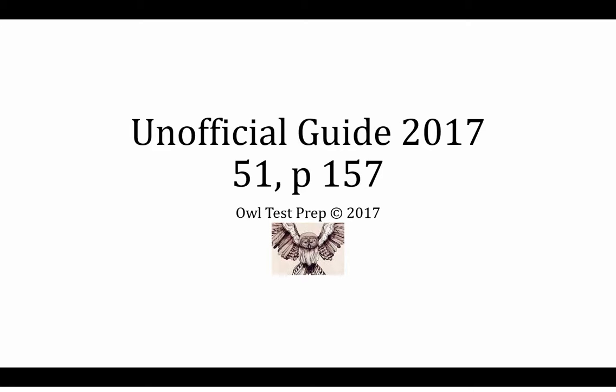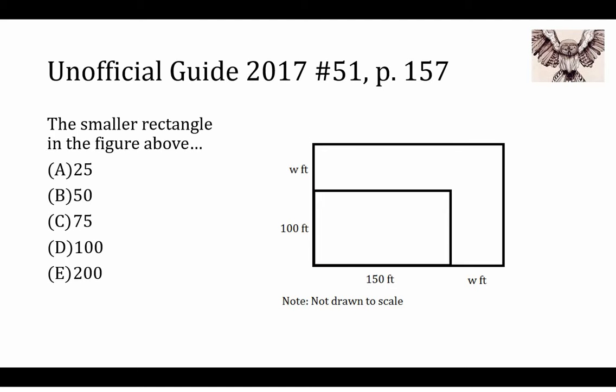It's on page 157, top right-hand corner, if you want to follow along. So let's see. The smaller rectangle in the figure above represents the original size of a parking lot before its length and width were each extended by W feet to make the larger rectangular lot shown. If the area of the enlarged lot is twice the area of the original lot, what is the value of